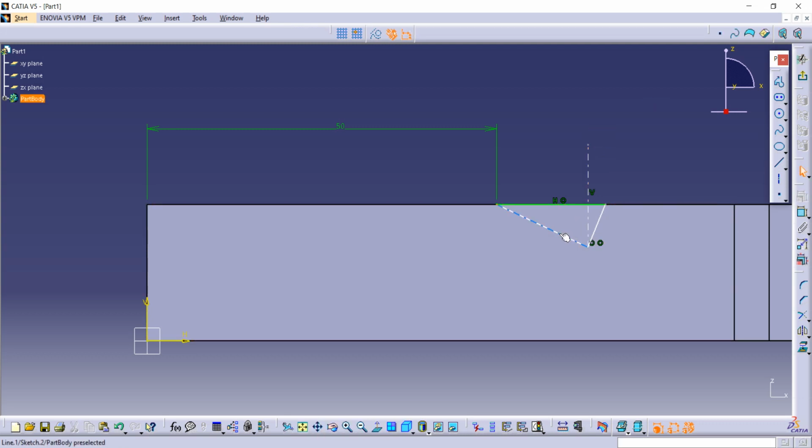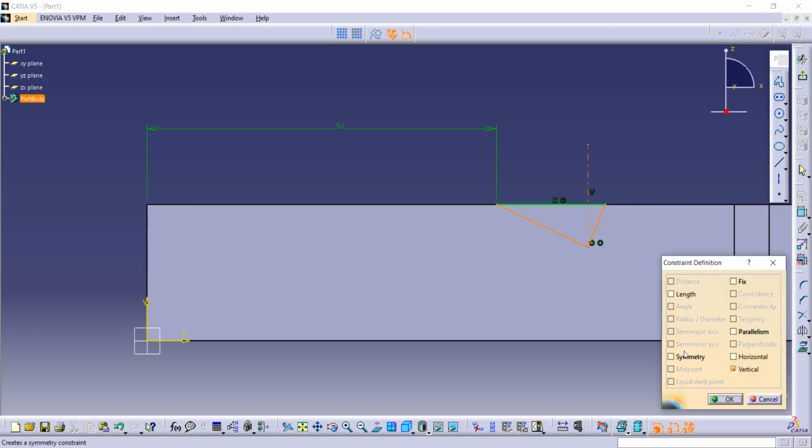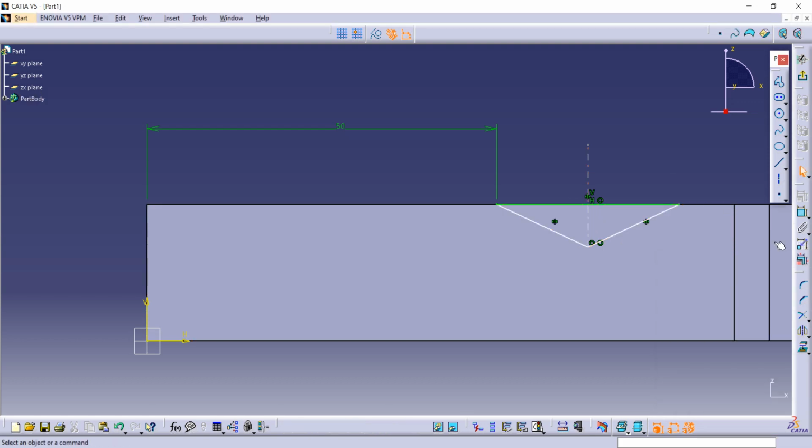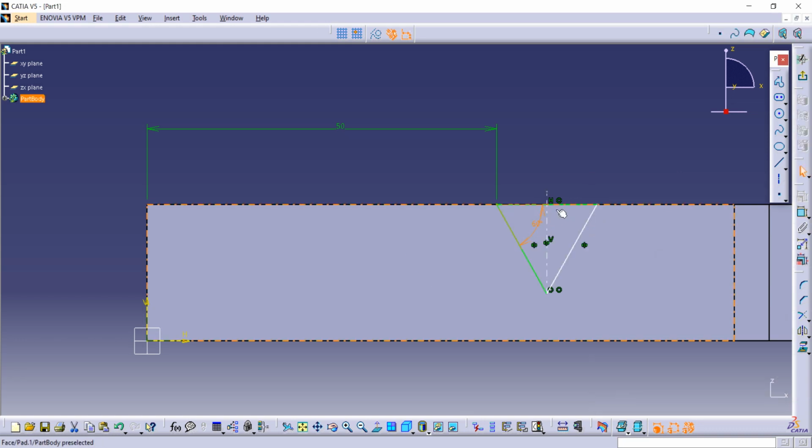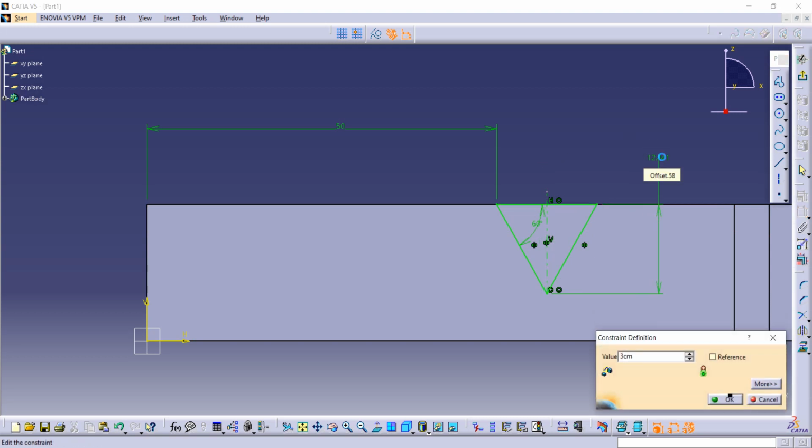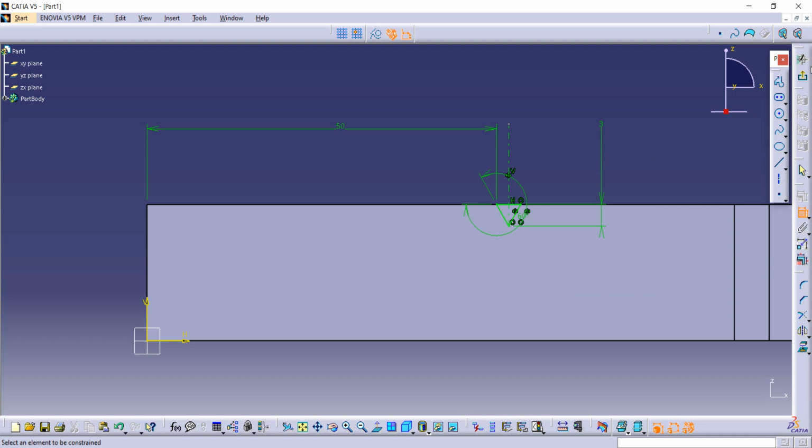Now select, we have to make symmetry between the triangle. So first select this side, then this side of the triangle, and then central axis, and then go on this constraint box and then use symmetry from here. Now let's give dimensions. The angle between both of the line should be 60. So this is how 60. And our next part is length between this to this is given as 3. Now we have completed our triangle. So go on exit to workbench now